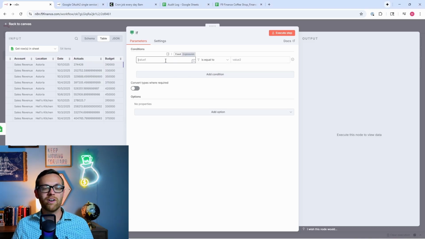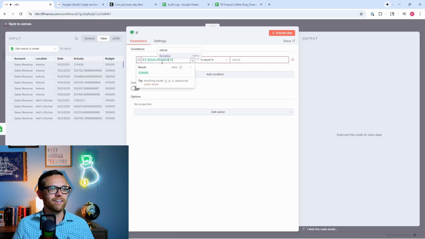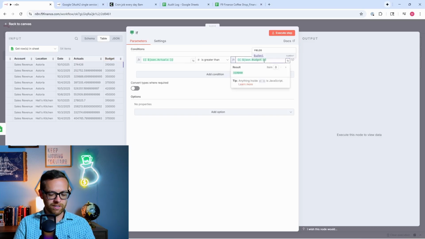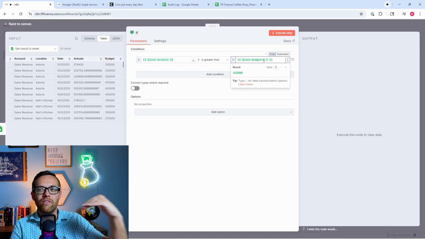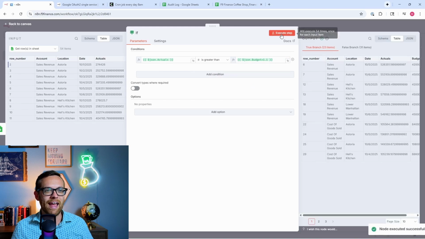So now this is where it gets super easy with the drag and drop. All I have to do is come over here and say, if my actuals, I can just drag that in there. A lot of different options here, just like in Excel. If my actuals are greater than my budget times 1.1. So what this is saying is I want to take my budget, and if it's more than 10% over budget, then I want to take action on this. So that's what I'm saying. If my actuals are greater than budget, we'll go ahead and execute this step, and now you'll see it's split